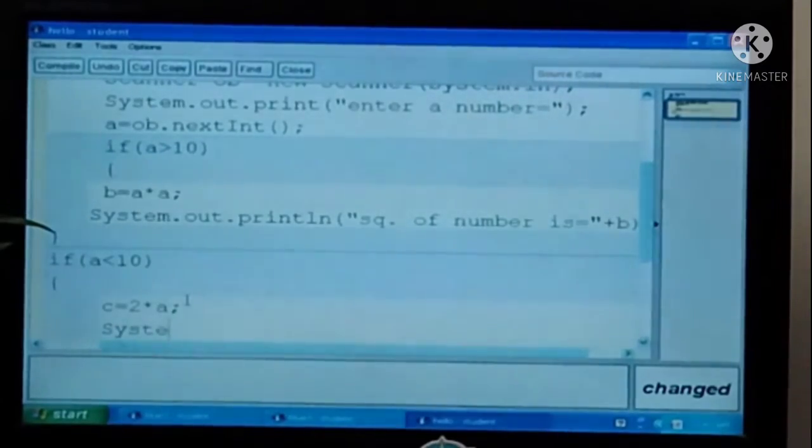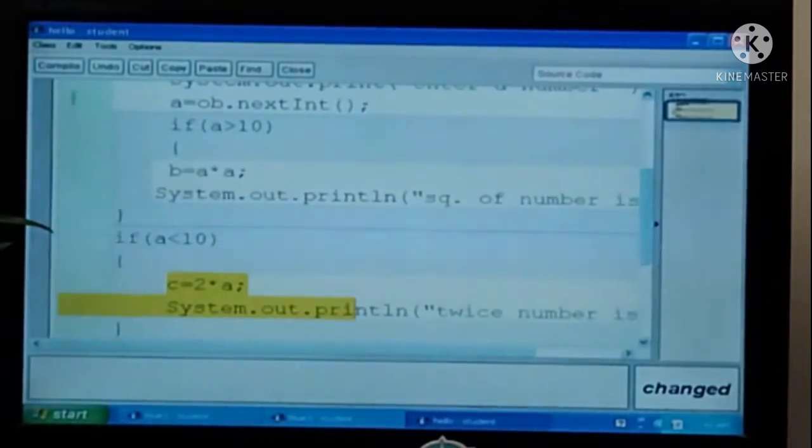Print it. "Twice number is" equal to what is in c.